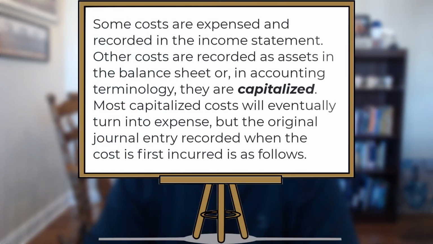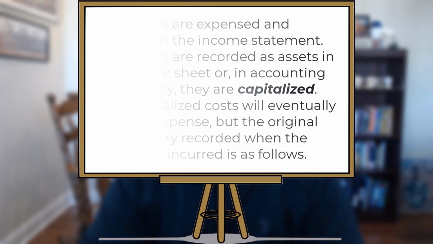All right, so what are we talking about when we say cost allocation? Well, if you remember, at the end of Intermediate Financial Accounting 1, we talked about this idea of cost capitalization. So when we capitalize costs, what we're saying is that when we incur a cost, let's say, for example, we're running Explorer's Den pizza, and we need a new pizza oven,